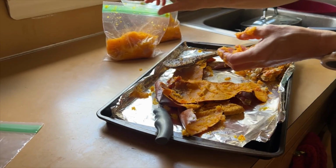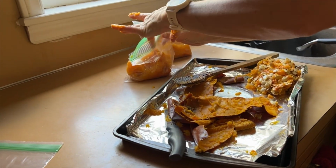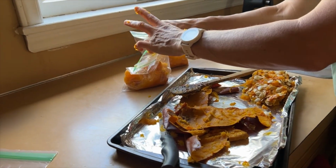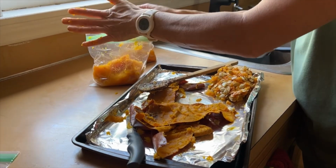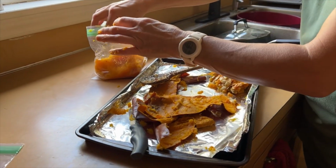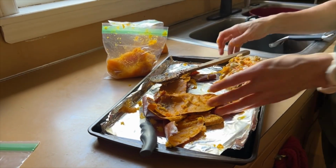It could have preservatives and stuff in it anyway. Especially if you can find pumpkins for free. Tons of people get rid of them, like I said, after Thanksgiving or even after Halloween. Of course, don't take a jack-o'-lantern or something that's been cut or carved into. It would get moldy, but any nice, good pumpkin